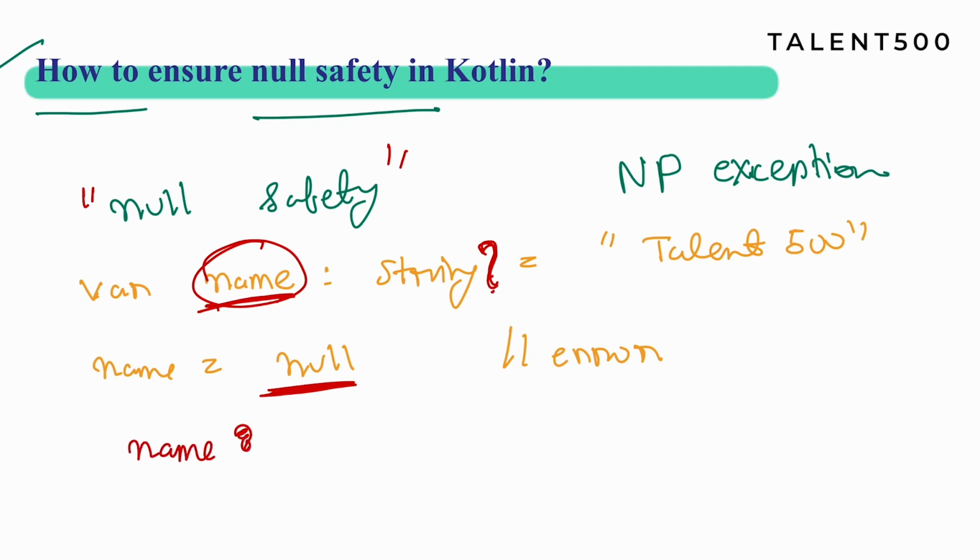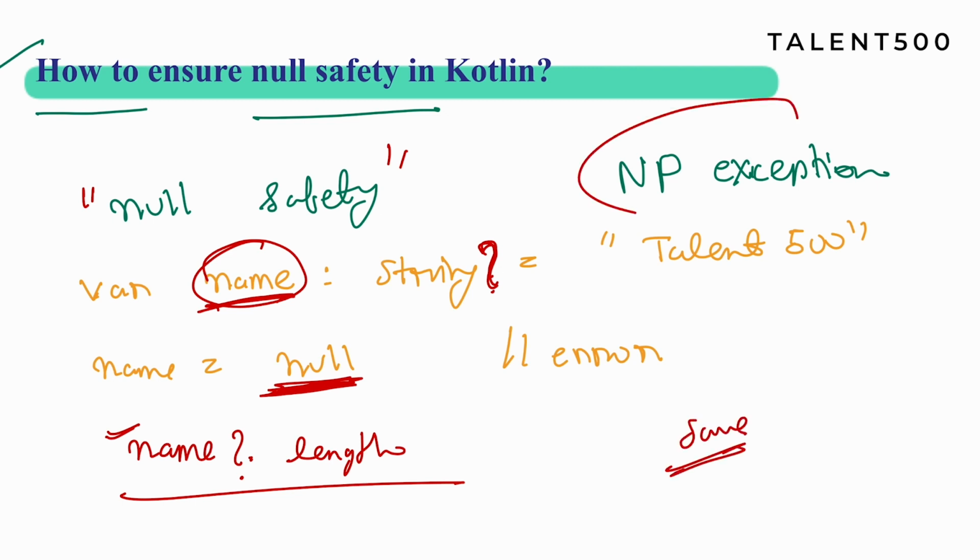Now, let's say I have to call a method by the name length, which is an inbuilt method, right? So if I do name.length, that is the general way of calling a method. If I want to make it null safe, just in case name can be null as well, as I'm doing here, I'll put just a question mark, and it will do everything for me. It will save me from the null pointer exception error.